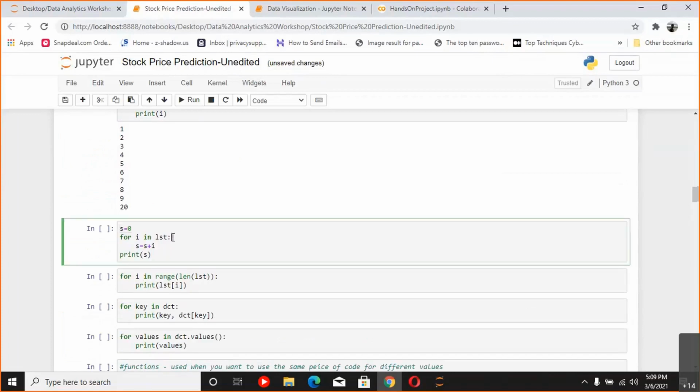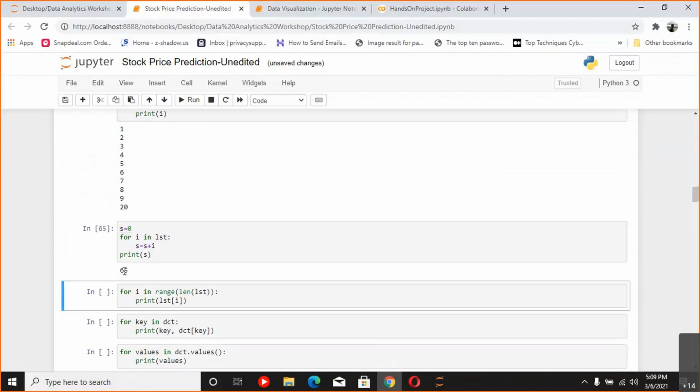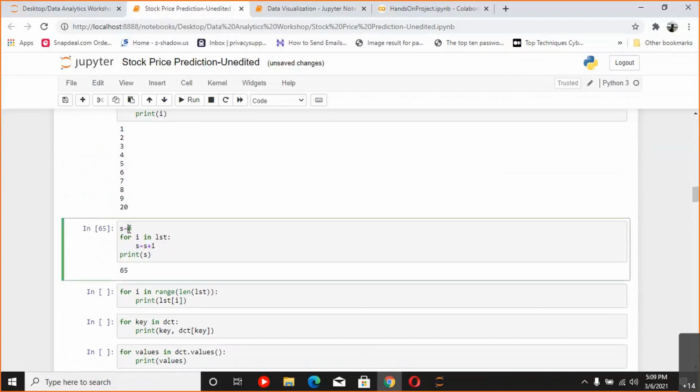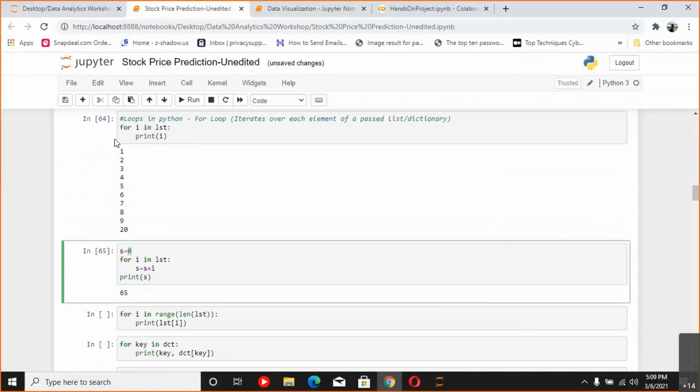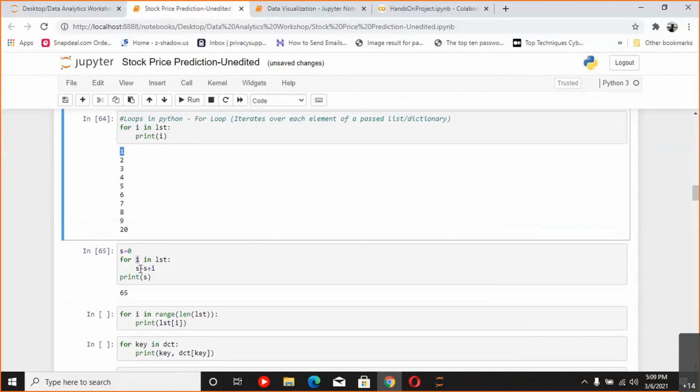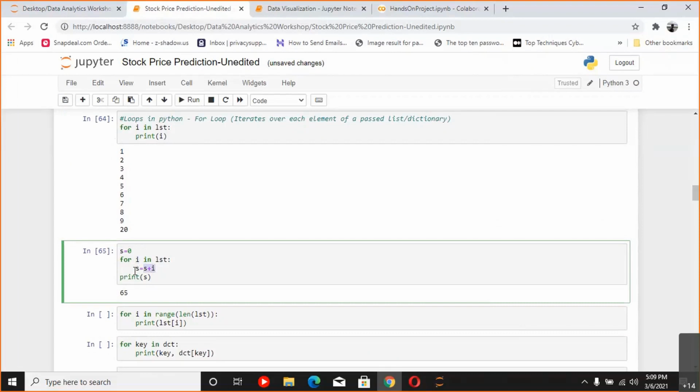If we run this, it will sum up all the elements. And how this was achieved is, s has 0 currently in it, and in i the first element was stored, that is 1. So 0 plus 1 was stored in s. The new value of s became 1.